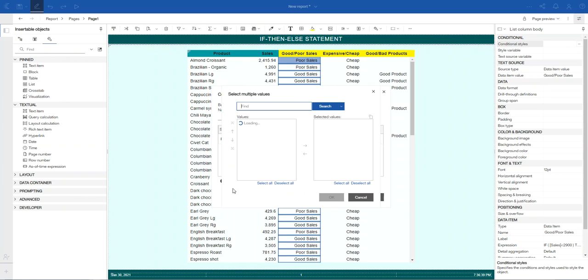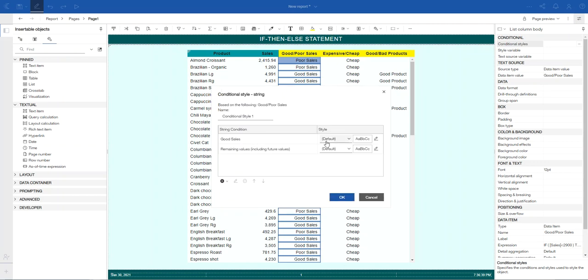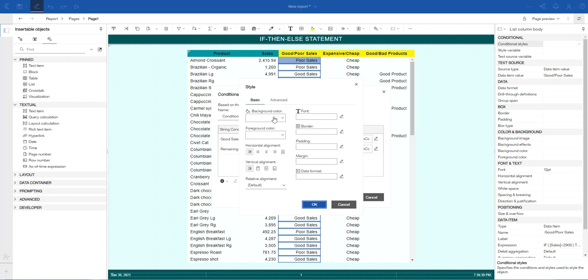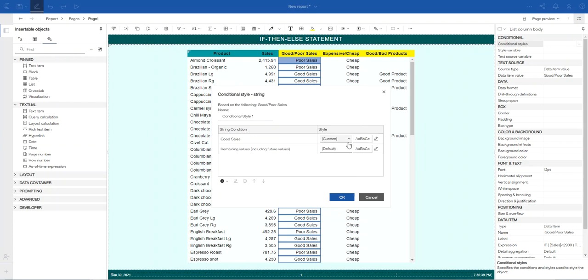Now let's select multiple values. Let's select good sales, click OK. To make it easy, you can either click here to change the background color or the foreground color, or you can just use the custom made option from Cognos. So let's click select, click excellent, and it quickly changes the background color to green.